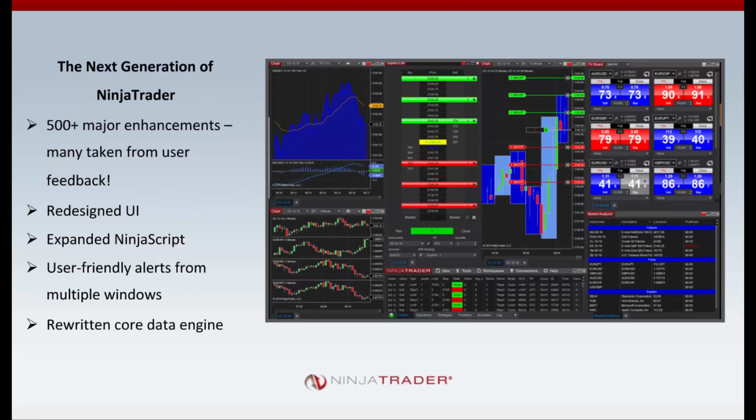So just some general info on NinjaTrader 8 to start off. NinjaTrader 8 includes over 500 major enhancements, many of which directly resulted from user feedback. The NinjaTrader 8 user interface was redesigned by an experienced UI designer rather than by engineers. The UI is designed to feel familiar to existing users on NinjaTrader 7 while adding many convenience features and modernized